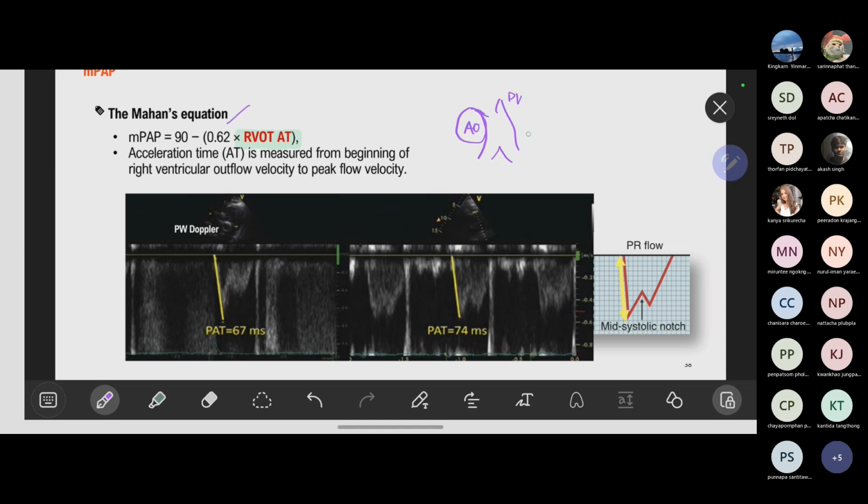This is the pulmonary valve and MPA. PW is placed here. Then you will get the acceleration time. Acceleration time is measured from the beginning of RVOT velocity to peak velocity. เข้าใจ